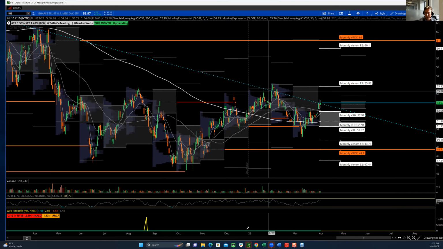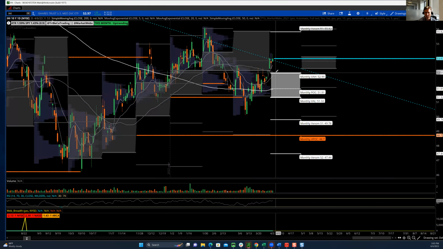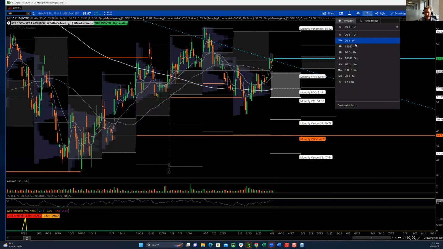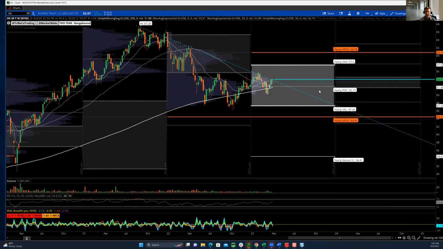I've got a major trend line drawn here, which again, trend lines are all subjective, but I think it's kind of interesting. We are trading above the value area. If you look at the weekly chart here of the medical device ETF, this could, if it wants to, rally up to about 57.60, right? And I think it's not a bad place to kind of be.